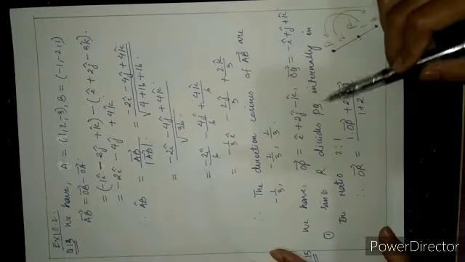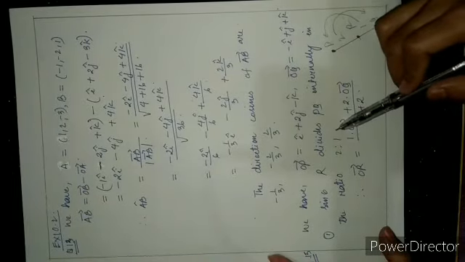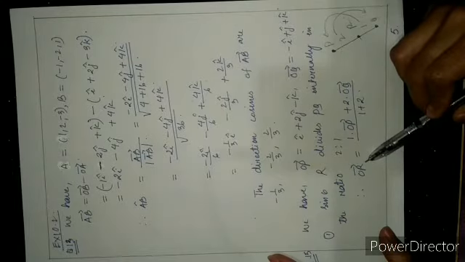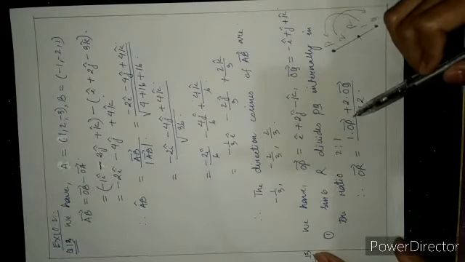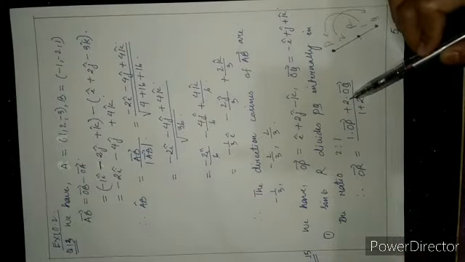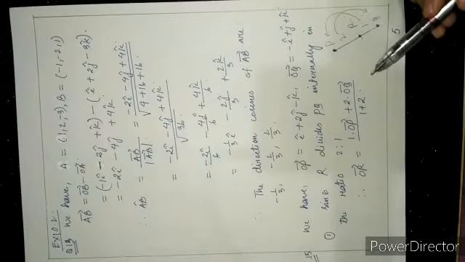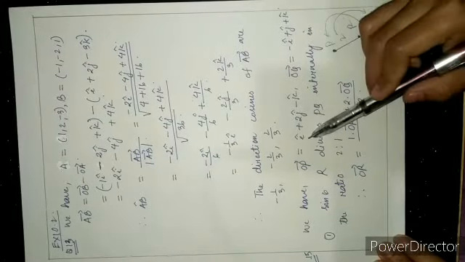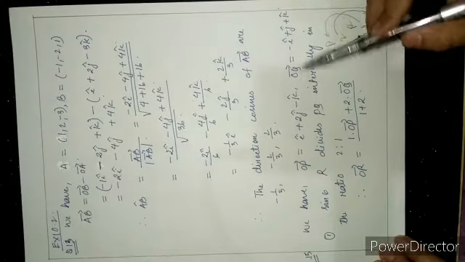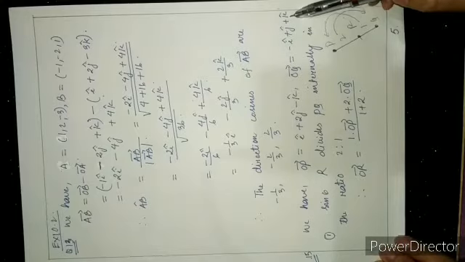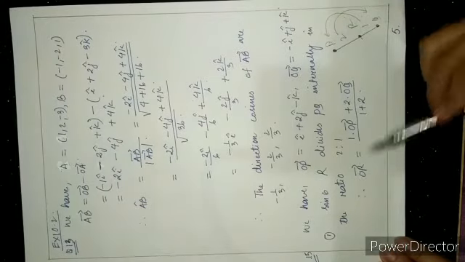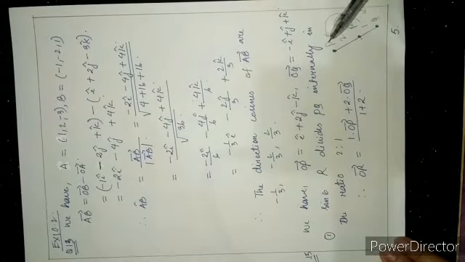Since R divides PQ internally in the ratio 2:1, the OR vector is equal to 1 dot OP vector plus 2 dot OQ vector. The position vector of P is i cap plus 2j cap minus k cap, and the position vector of Q is minus i cap plus j cap plus k cap. And therefore this OR vector is equal to 1 multiplied by OP vector and 2 multiplied by OQ vector,